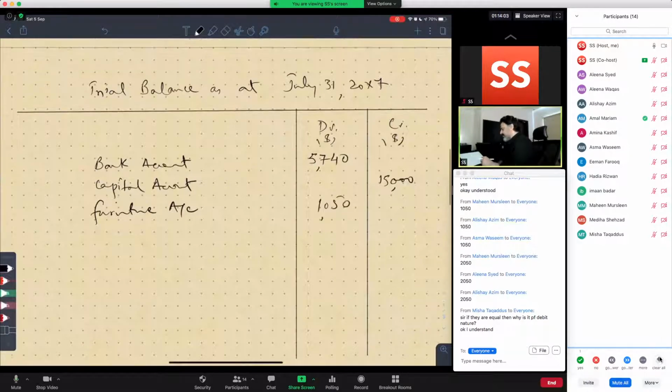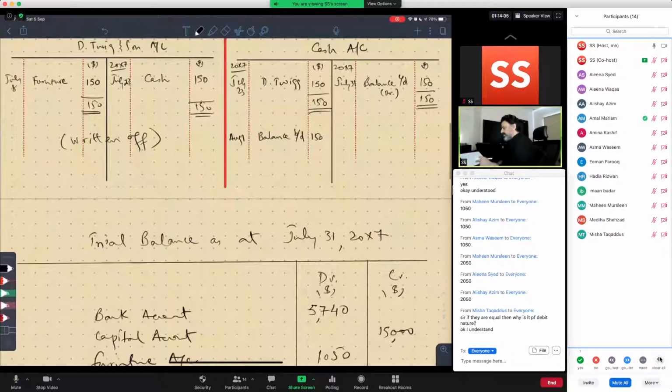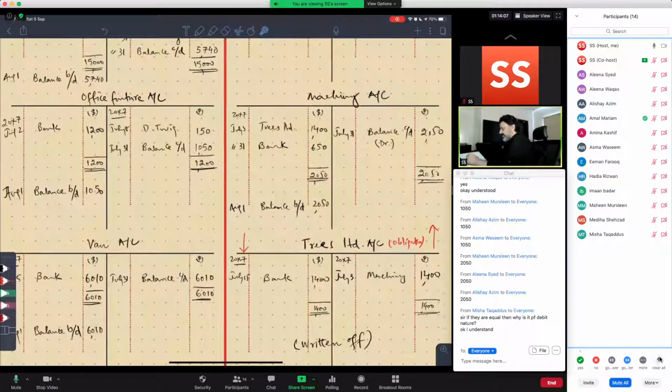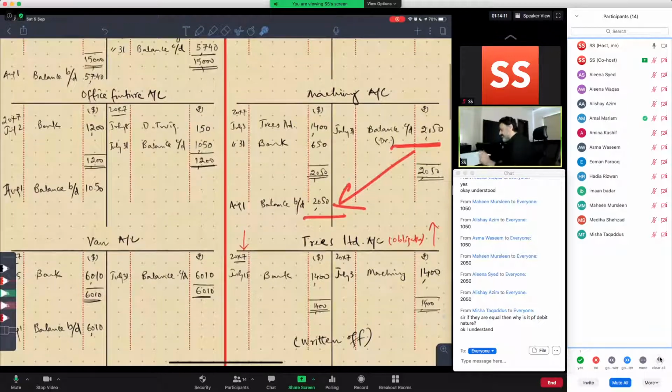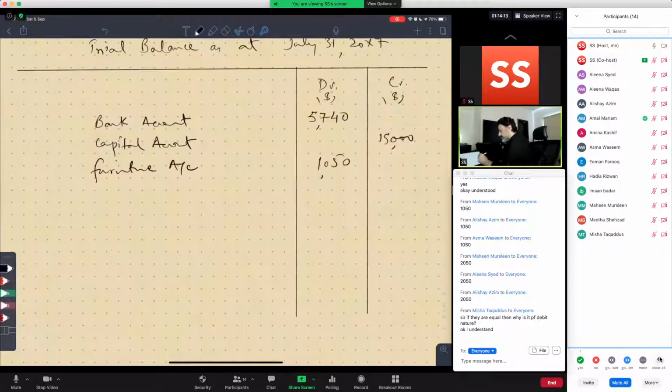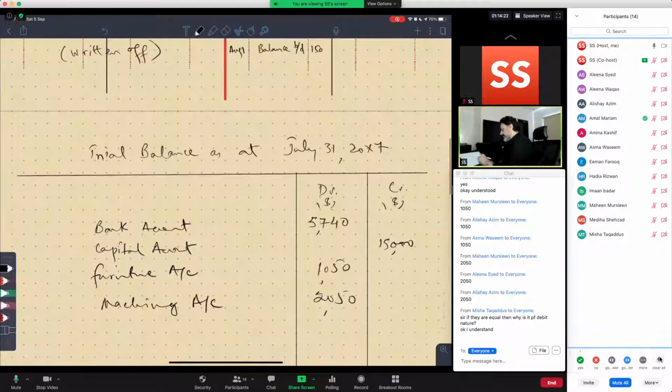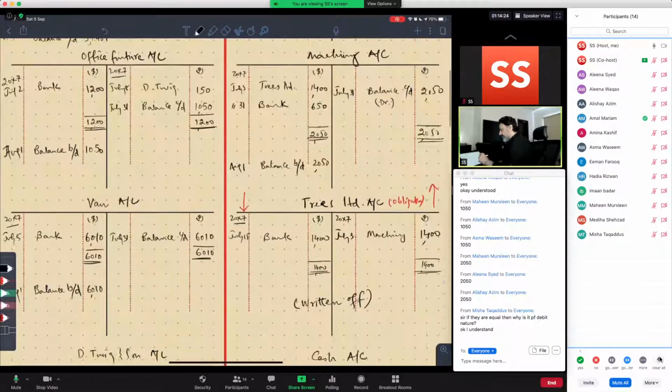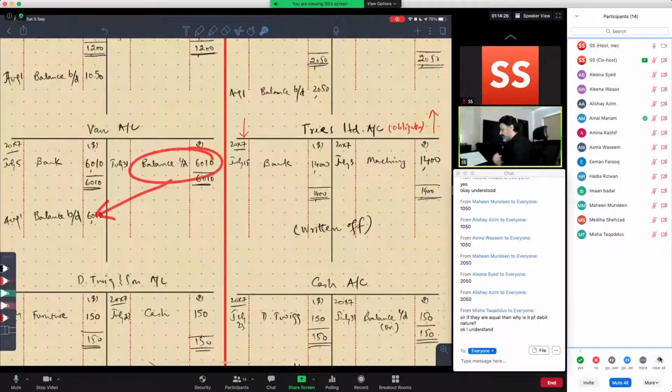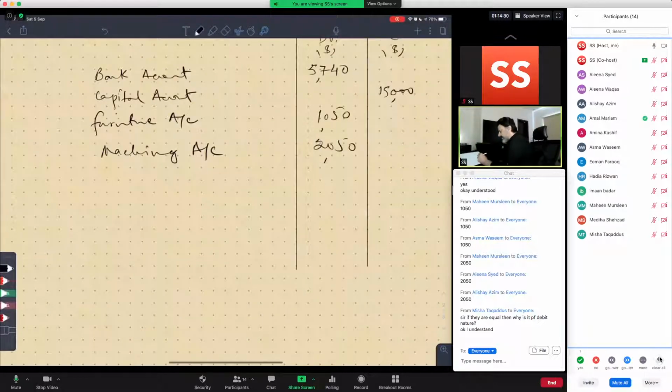Then we have machinery carrying a debit balance of 2050. So machinery account 2050, right? Then we will show the next van account. Van account also has a debit balance here, 6,010. So van account is going to be listed as a debit balance,